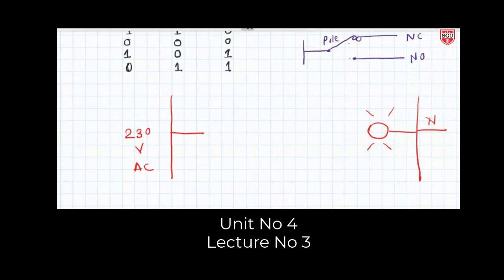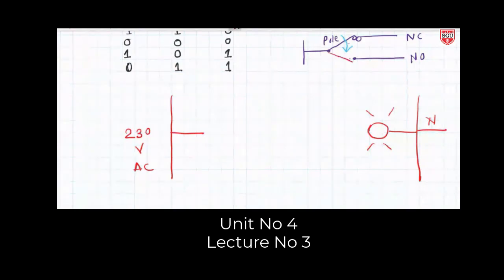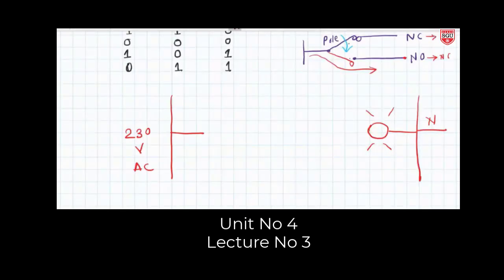This switch can shift its pole. If it comes down, what will happen? I will show in a different color. It will come like this. At that time, this NO will become NC and this NC will become NO. Current will flow from this side, meaning this terminal will have current. Initially, the current was here; that current will come here. So it is like a selector switch, moving from one side to another.